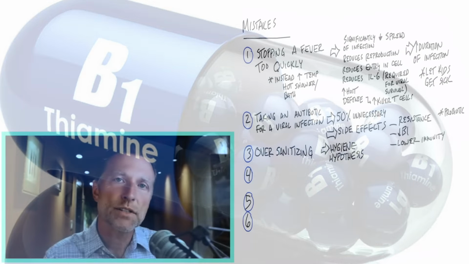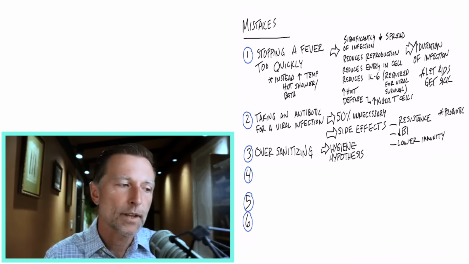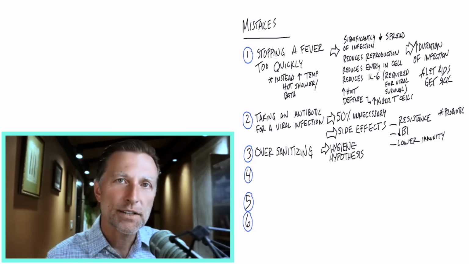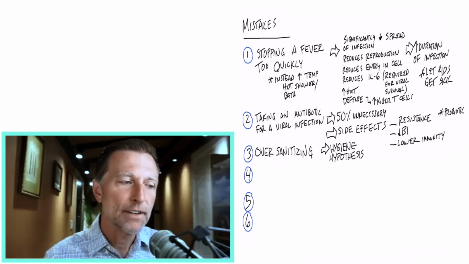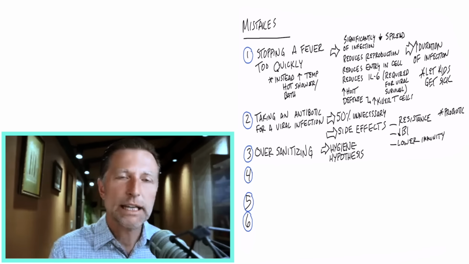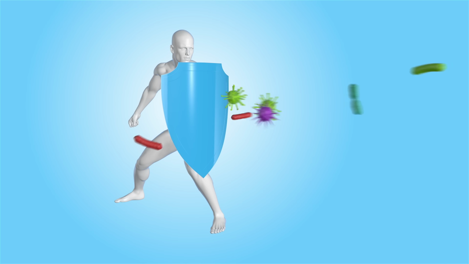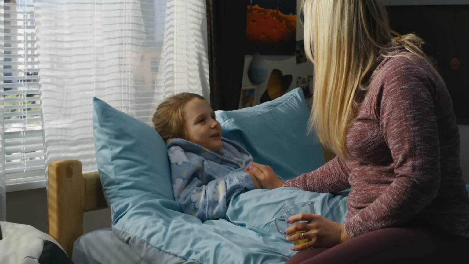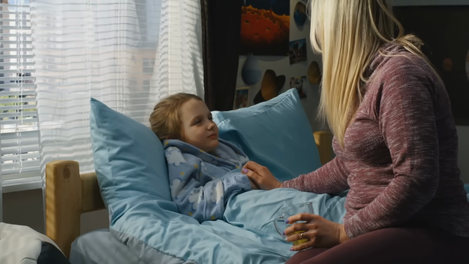Now, the next one is just a kind of concept of avoiding over sanitation. And this has to do with something called the hygiene hypothesis, mainly for kids that are living in a very super clean environment. They tend to get more allergies. They tend to get sick more often simply because they don't develop an immune system. You have to realize that, especially early on when you get an infection as a child, that's the training of